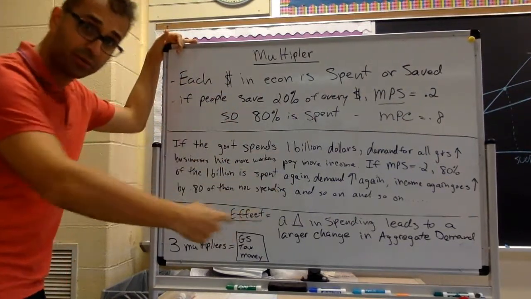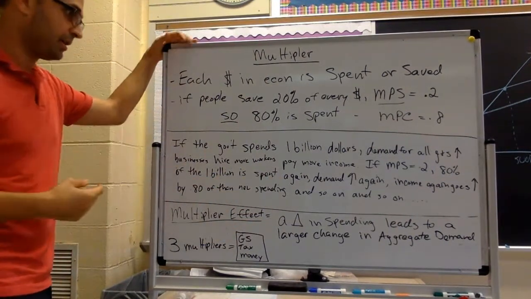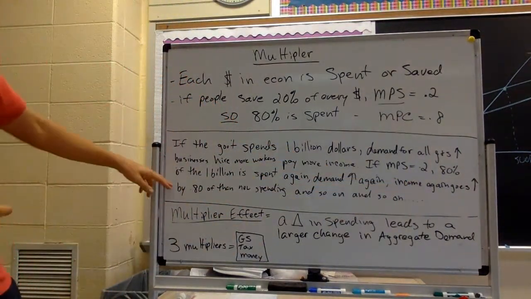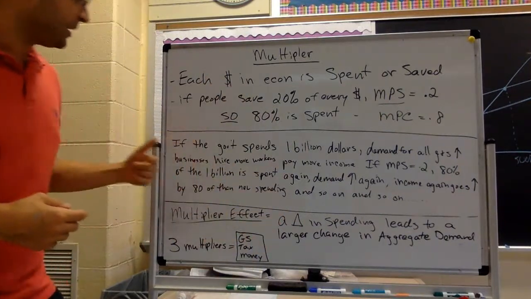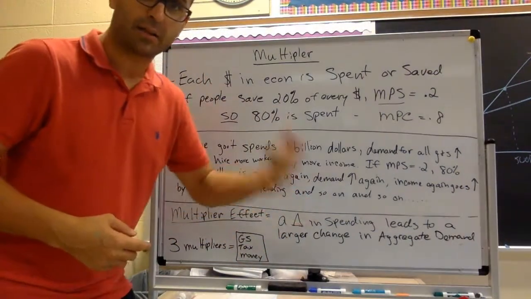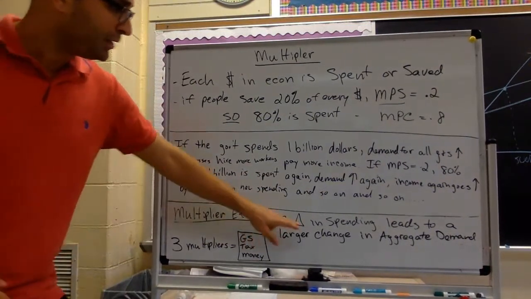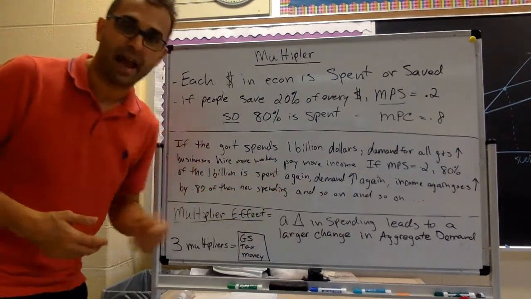And that goes through another cycle. And 80% of that goes back in and another cycle is created. So income, again, goes up by 80% of that, and new spending, 80% of that is spent, and so on and so on and so on. This is called the multiplier effect. A change in spending leads to a larger change in output, or in this case, aggregate demand,